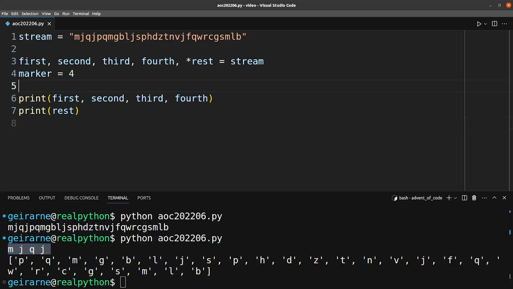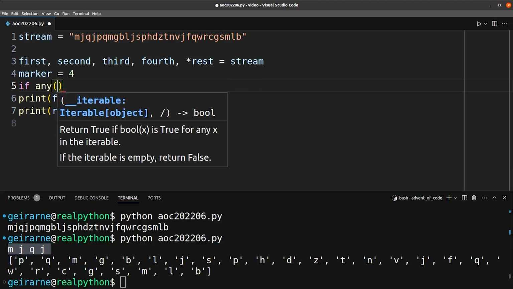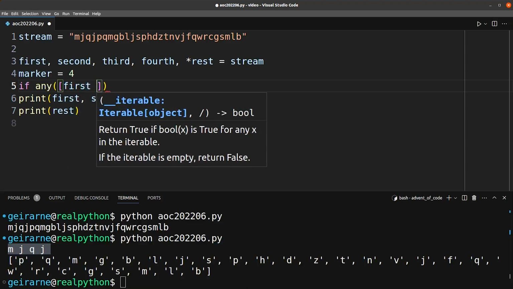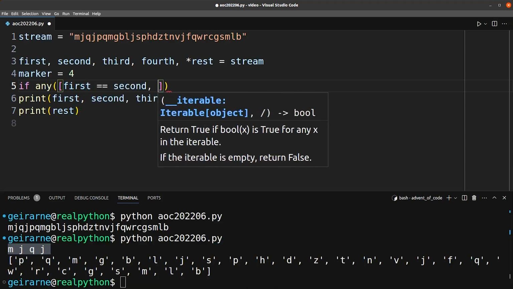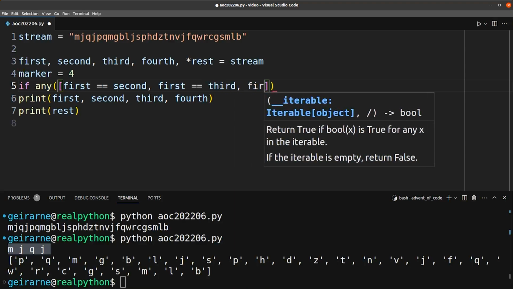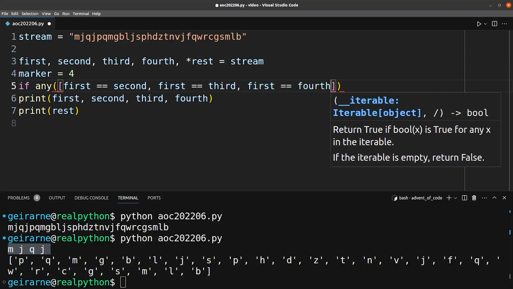Now I want to compare these. Do something like if first is different from second, or first is different from third, and so on. But I think instead of continuing like this, I'll do something quite similar. I'll just say that if any of these comparisons are true, so I'm kind of reversing them. So if first is equal to second, or first is equal to third, or first is equal to fourth, or